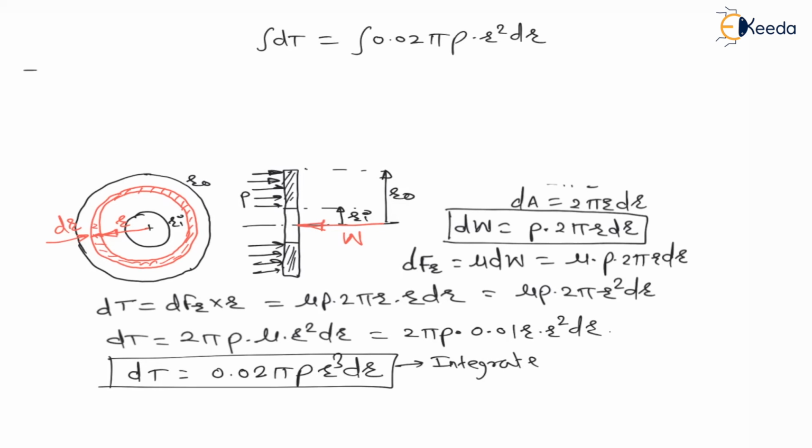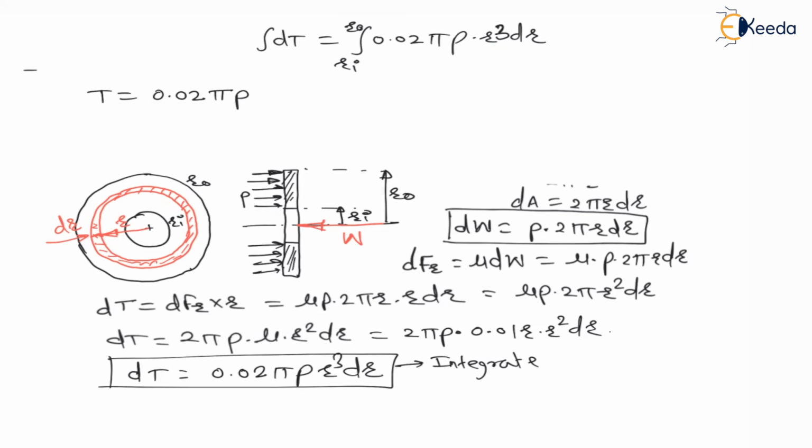Now, here in this equation only radius is variable. Radius varies from inside radius to outside radius, and if I integrate the small torque, I will get total torque. Therefore, total torque transmitted is equal to... here 0.02 is constant, pi is constant, pressure is also constant, as per uniform pressure theory. Now, what is the integration of r? Sorry, my dear students, here there is r cube. Make a correction, here r cube.